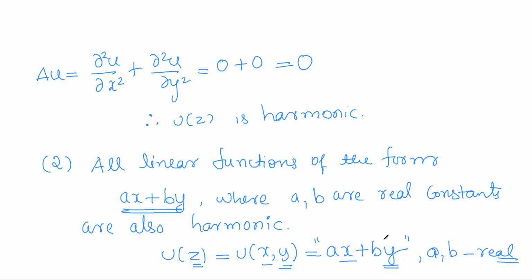It is called linear polynomial because the degree of the unknown is at most 1. So any polynomial of this form is called linear polynomial. So the corresponding function is called linear function. So if we consider any linear function of this form, it will obviously satisfy all necessary conditions for being harmonic function. So you can verify as we did in the case of a constant function. So first of all, you can observe all polynomials are continuous.